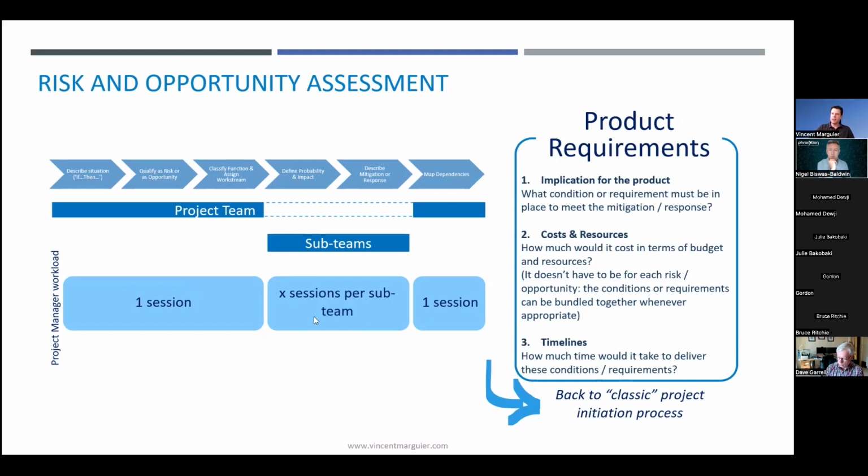So the project manager should lead each of these sessions and encourage the teams to give their best and coach the team, accompany the teams on how to prioritize risks, how to assign likelihoods, severity, impact, and discuss risk responses. And actually, the risk response part within the sub-teams is the one that will matter the most, because it is where all the ideas about what has to be put in place, how it should be designed, what constraint has to be respected, how much time it will take, etc., will come to life.